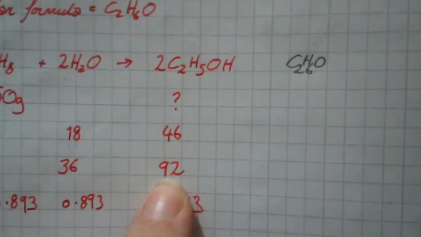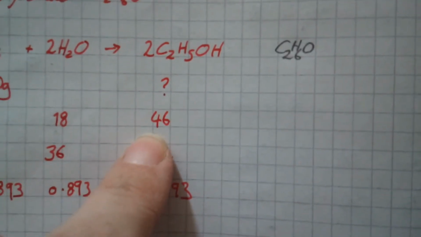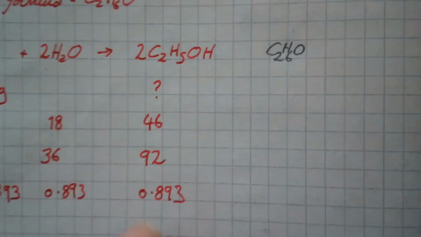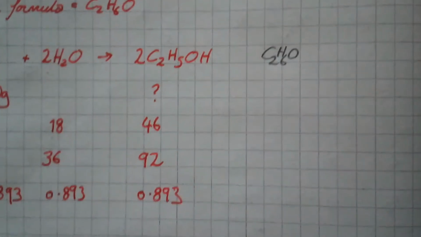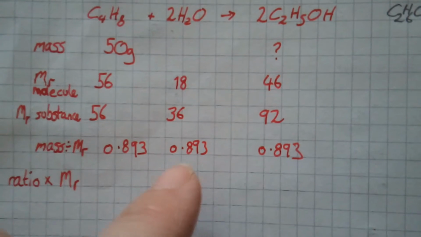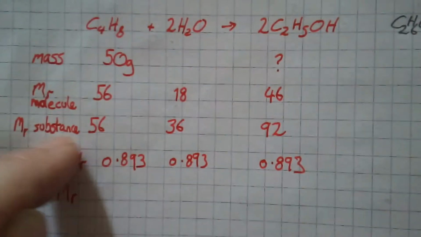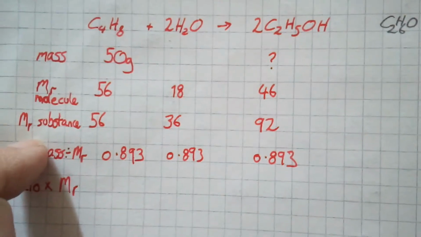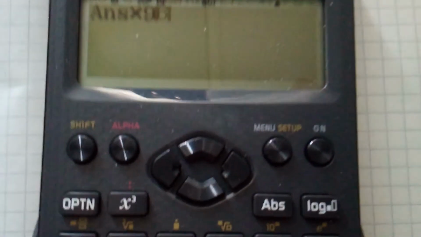We're going to multiply it by 92. Don't do it by 46, because you're only going to get half the number. You would have had to double this. I'm making it as easy as possible. The ratio's staying the same. We're going to do the MR of the substance rather than the molecule. So the ratio times the MR, so I'm going to times it by 96